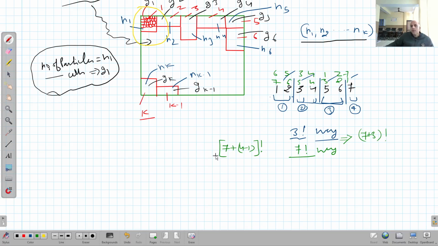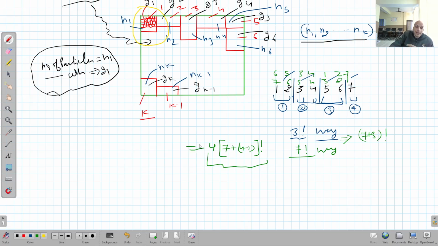Now, as we have 7 particles and we have 4 different compartments, this is our choice of which compartment we will start from. We can start from this compartment also. This is another possibility. I can start from this compartment. Which compartment will lead this array, this distribution? So this can be done in how many ways? This can be done in 4 ways. Clear? 1, 2, 3, 4. So the total number of ways of arranging these 7 particles in these 4 different compartments is equal to this.